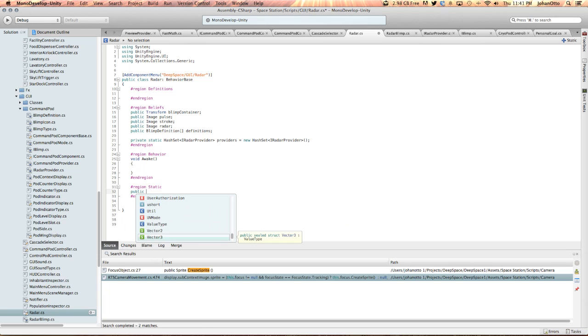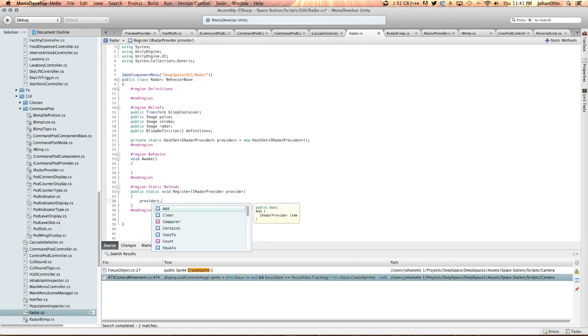But what I want to do is add a static register, and that'll be a radar provider. And the reason I do this is, okay, so there's two things I do. The hash set makes sure